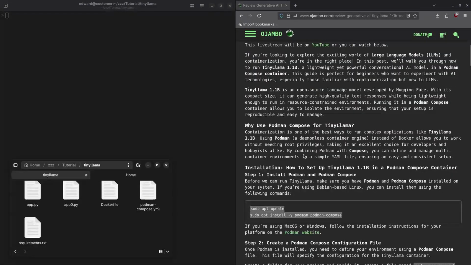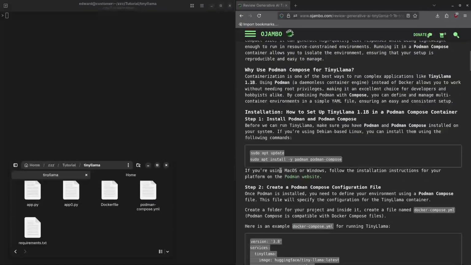So as I said, I like using Podman because it's rootless. You can simply run this without root privileges. And I'll explain the YAML file and all that later. So let's get started. If you're on a Linux type system, for example a Debian system, you just do apt install podman and podman-compose. I'm on a Fedora type system, that's a Red Hat Linux type system, so it will be dnf install podman